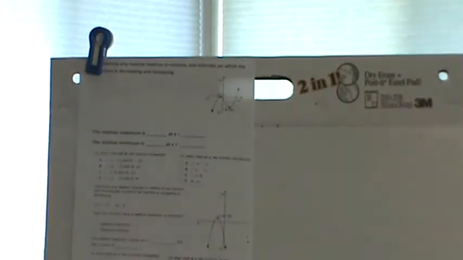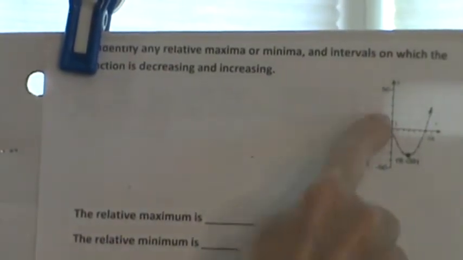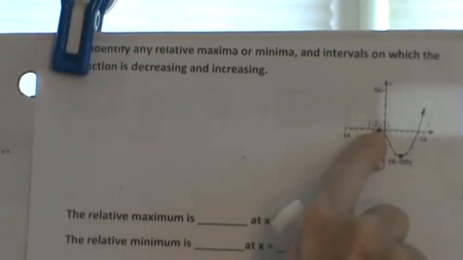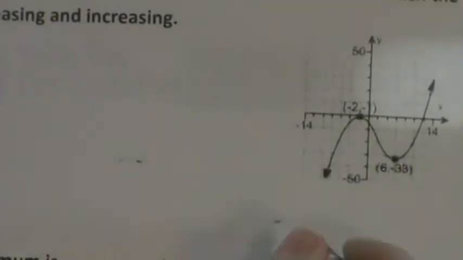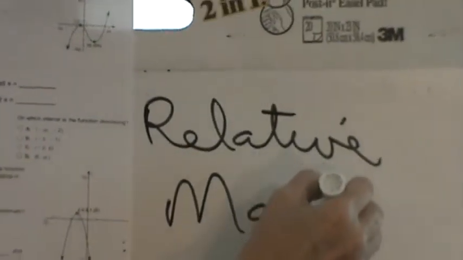Now you notice they didn't ask anything about a relative maximum or a relative minimum. That's now coming in number 2. It says identify any relative maxima or minima and the intervals on which the function is decreasing and increasing. You can see the graph there, hopefully. The relative maximum is the highest point. Don't say infinity because that's not what we're looking at. Relative maximum is always going to be the highest